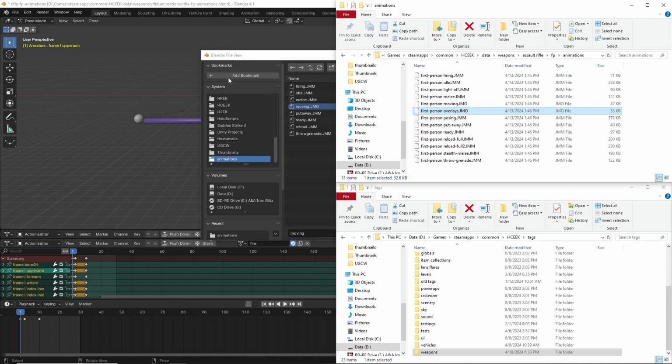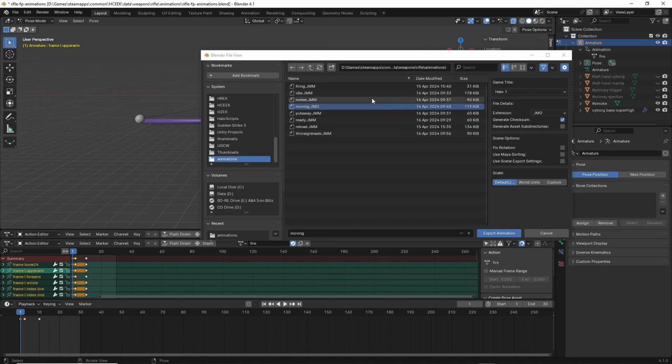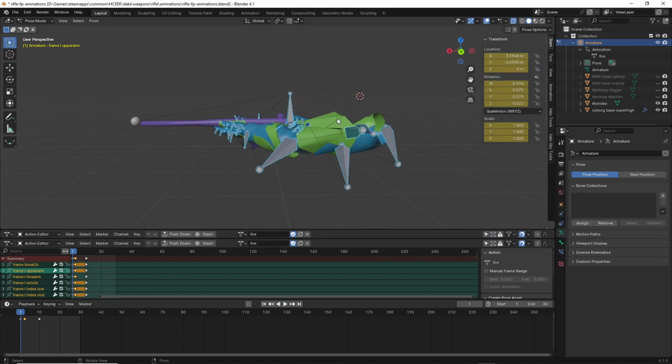Nothing has happened, like I have this rifle in game. I'm able to pick it up, able to shoot it. So the overlays don't seem to do anything, but the moving is a JMO. Everything other than the overlays and moving is JMM. So yeah. So if you're exporting a non-moving